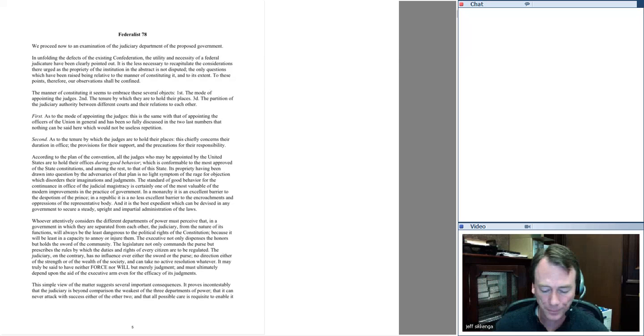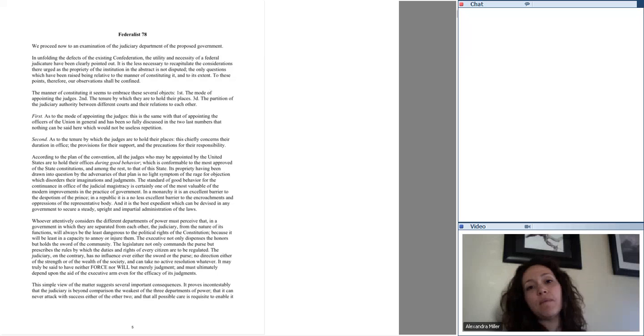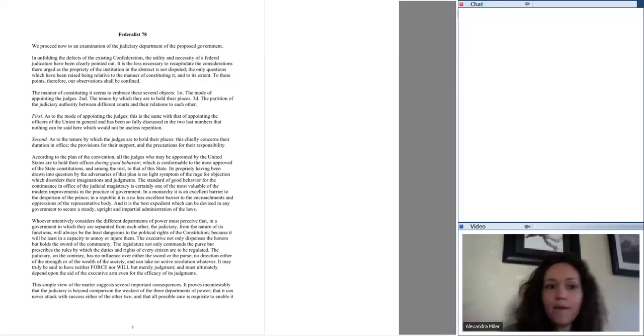Well, it was just the question of, because Hamilton's making this case that it's because the judiciary is the weakest of the branches, but this power of judicial review, by saying that they have this ability to review the laws, in effect, you are putting them above the legislature, because the will of the people could then be subordinated to the decision of the judges. I mean, assuming that Congress actually listened to us, that could be the case. But I think you're going to get to it with Marbury, so you can just shelve it.